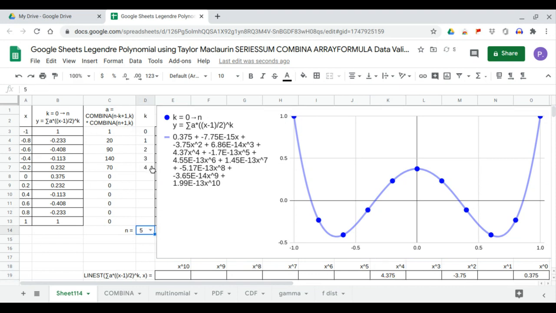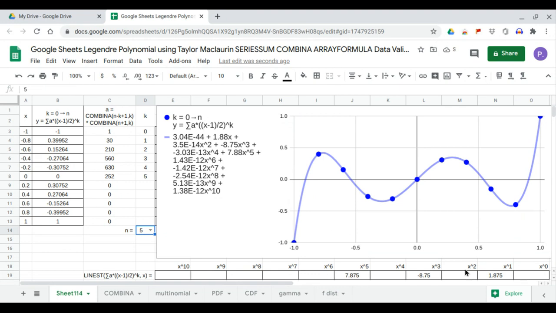At n equals 5, our Legendre polynomial y equals 1.875x minus 8.75x cubed plus 7.875x to the fifth. So that's 1.88x minus 8.75x cubed plus 7.88x to the fifth. At n equals 6,